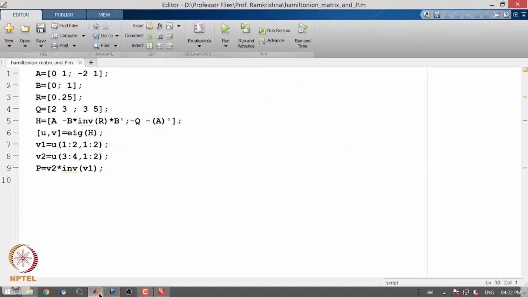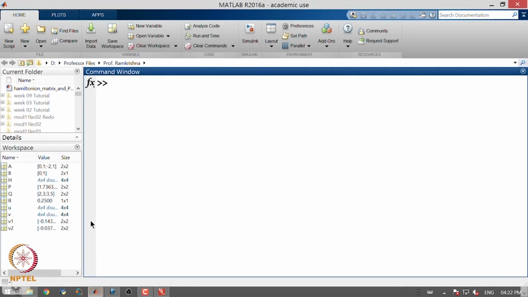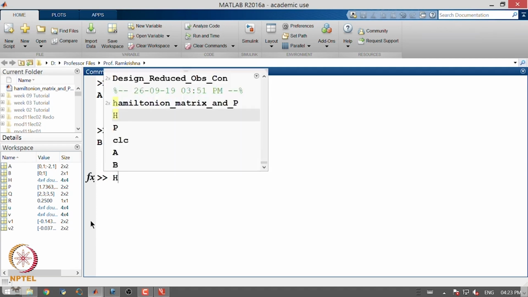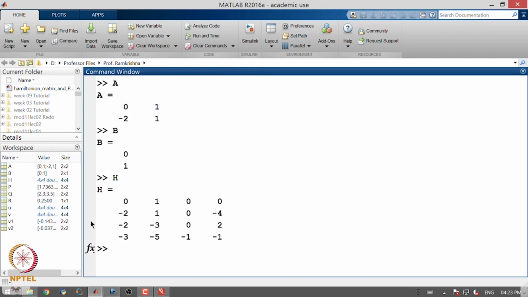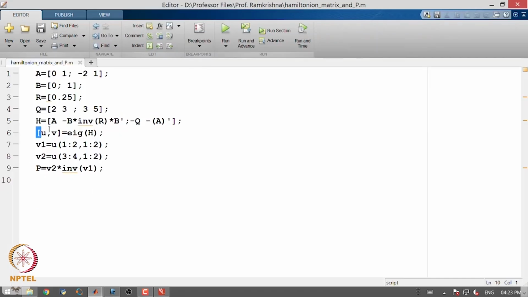Okay, so let's quickly do this. I have A from my problem statement, which is like this. I have B, and I similarly define my Q and R as in the problem statement. I construct H in the following way, right? So this is how my H looks like. First, let's just see what this thing here means. If I run this,